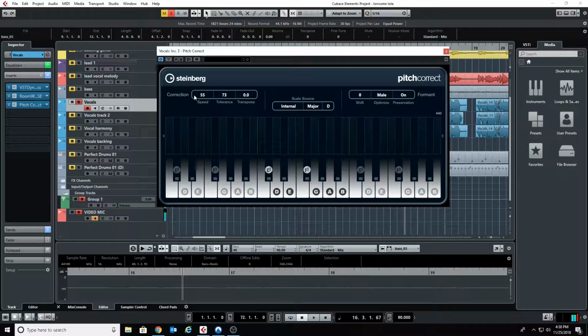Okay, so that gives you an idea. The speed is how fast it changes the pitch, and the tolerance is how sensitive it is. So I have both set. This one's set fairly high. I don't have any transposing. You can actually move this and shift the entire pitch of the